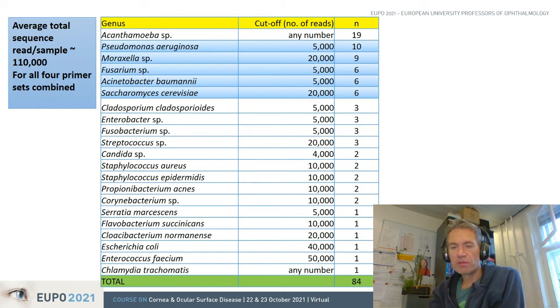And when we looked at the reads that we got from our Illumina sequencing of the PCR products, we saw that the average total sequence read per sample was about 110,000 for all 4 prime methods combined, that is for bacteria, fungi, and parasites. And I've listed some of the agents potentially involved in the development of infectious keratitis in